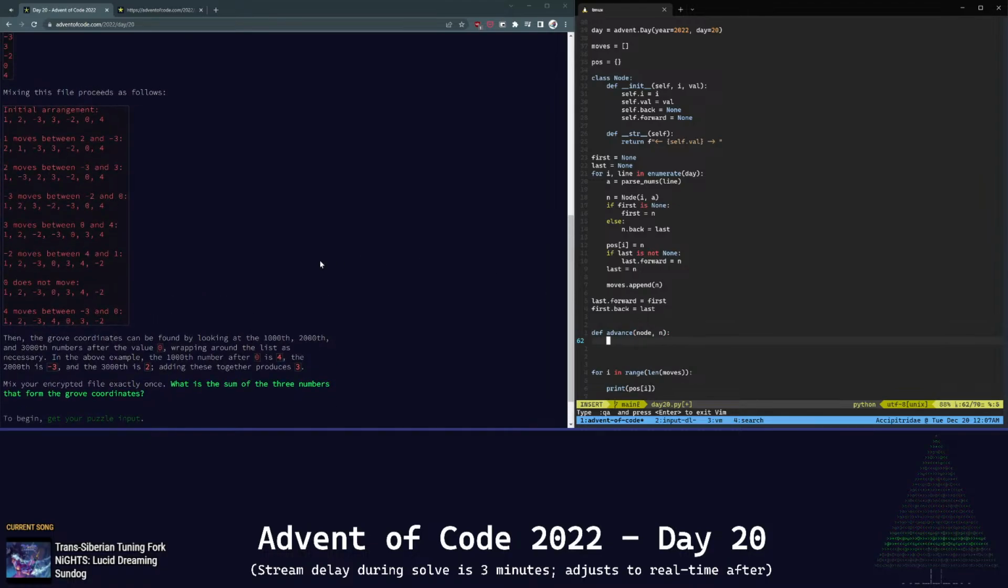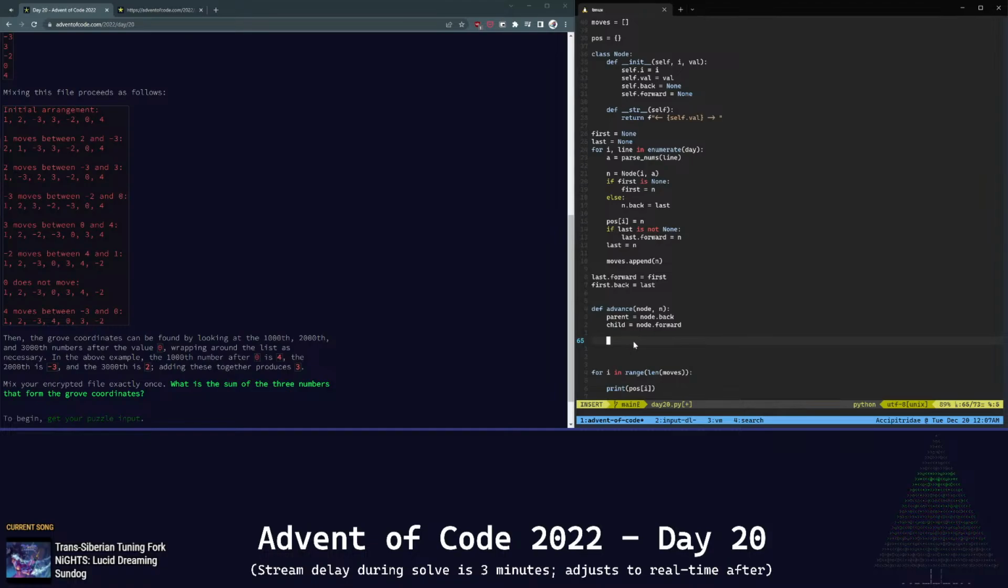It's gonna be, you have to unlink it, so parent equals node dot back, child equals node dot forward. We unlink it by, so cur is equal to node, and for n in range, we do cur equals cur dot forward. We probably could use like a skip list or something here. So we skip forward that many